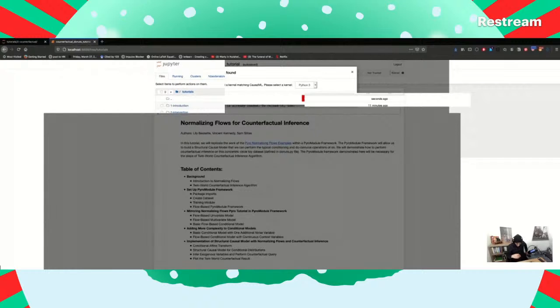Abduction, which is that backwards inference step, and then you do some kind of action, and then you forward simulate. Could not find a kernel. Let's try that venv. I think that's where I installed PyTorch. Man, everything's super slow now.